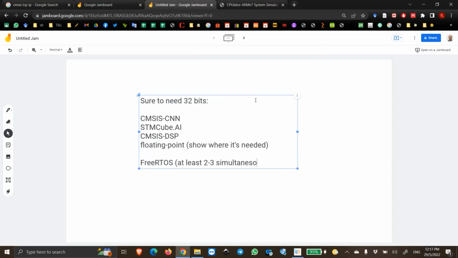In this case, you do need FreeRTOS or RTOS. If only 2, maybe you can just get by using the normal one and interrupts. For running two things at the same time in a microcontroller, you just need to use interrupts. So you don't need RTOS, but if you have